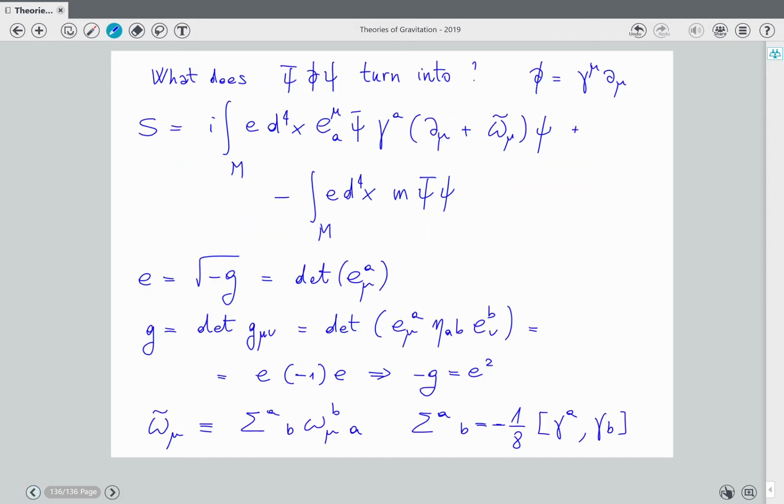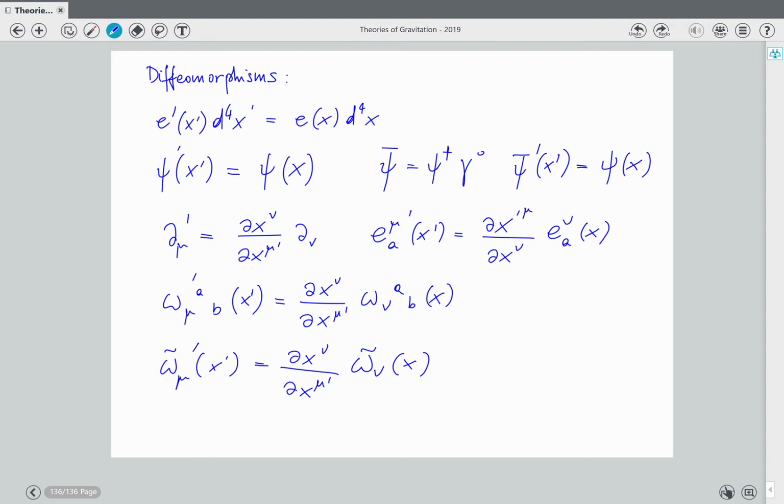And then it is easy to see that the action is invariant, because this is invariant, psi bar psi is invariant, this is invariant. Here you have a Jacobian, but you have a Jacobian also from the mu indices there, which is the inverse Jacobian, and nothing else. So what you obtain is that